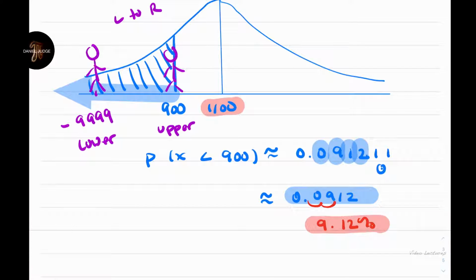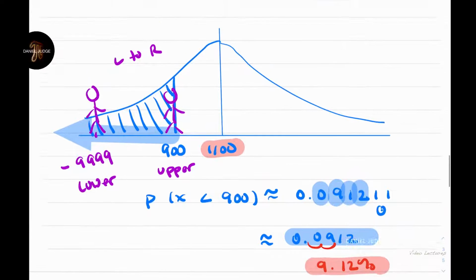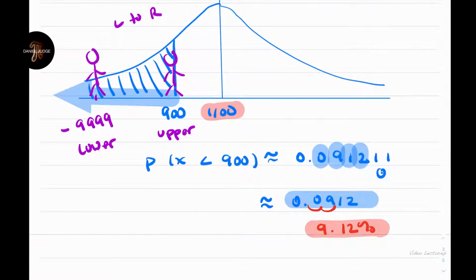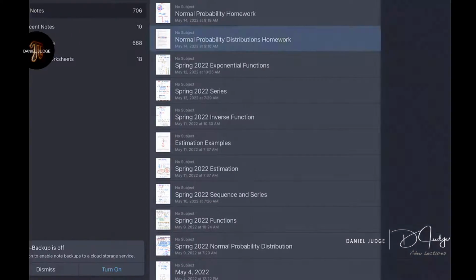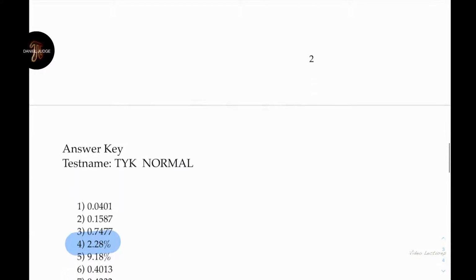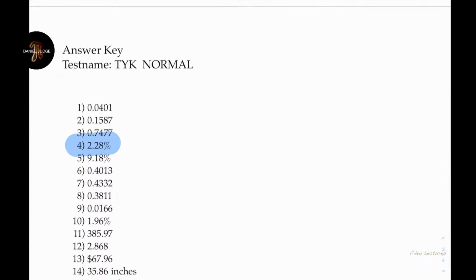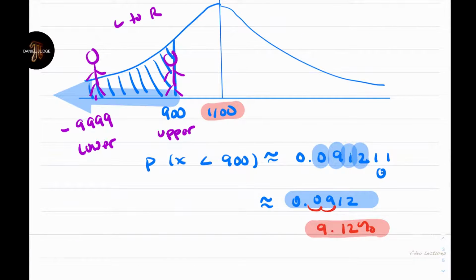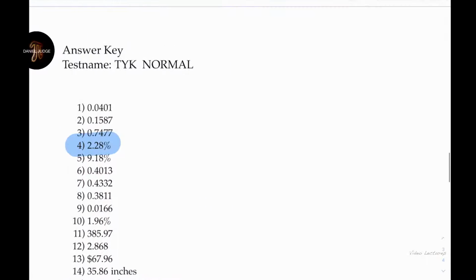And ladies and gentlemen, let's double check to see if we should fire the publishers. 9.12%. All right. And what do we get, if I remember? Fire the publishers. Anyway,